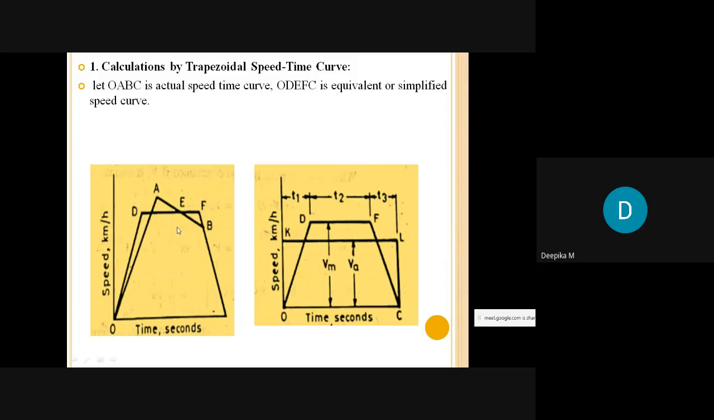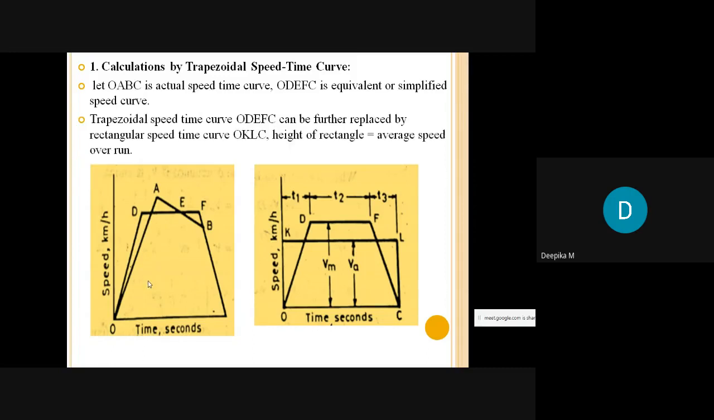OABC is nothing but the actual speed time curve, and ODEFC is the equivalent simplified curve, called the trapezoidal curve. The trapezoidal speed time curve ODEFC can be further replaced by the rectangular speed time curve OKLC. Here the height of this rectangle gives you the average speed over the run. If I again simplify this trapezoidal curve, then we can obtain the average speed time curve. The area under it, or the height of this rectangle,